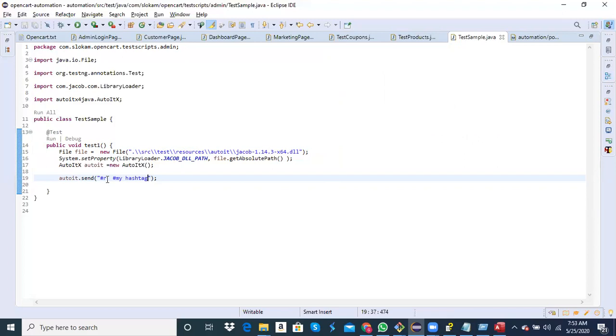It's not like Windows my, right? So this is one scenario, and the other scenario is Windows or. You have to tell AutoIt what the purpose of using it is.